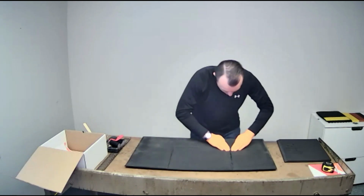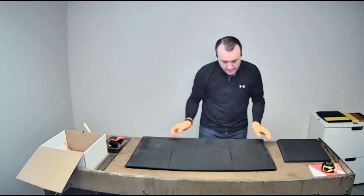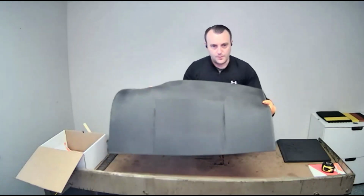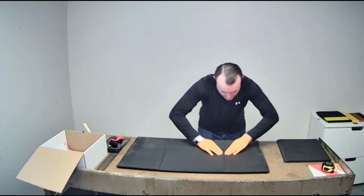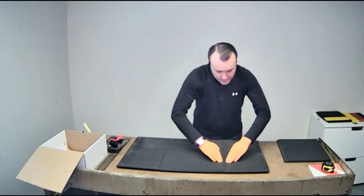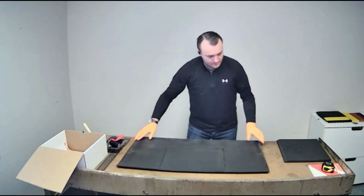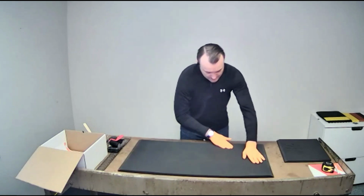So you can see up this side, could be just how it was cut. I don't know if you can see that, but there's a slight gap here. So that's why it's important to just go underneath and then do the same thing and just push that seam together. And that closes up any gaps that you might have there. Once you flip that back over,